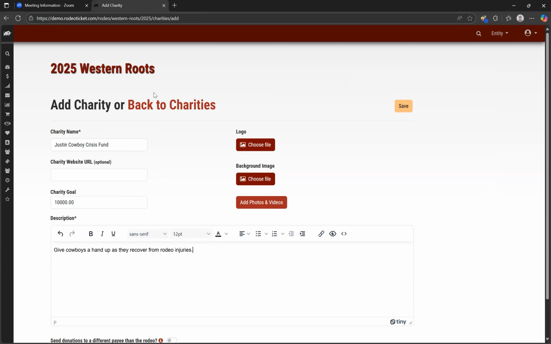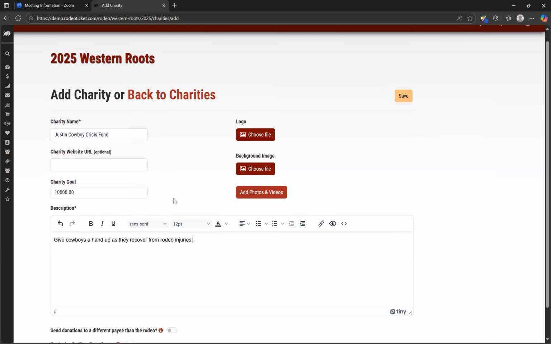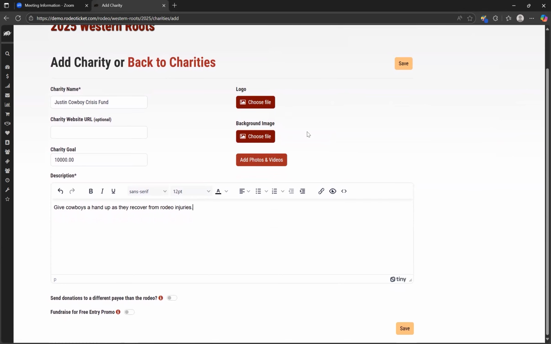So once you're happy with how that looks, just keep in mind that this charity goal doesn't like dollar signs and it doesn't like commas. So just keep that in mind. And then you can, of course, upload a logo, background image, and some photos here. And then there are two other features here